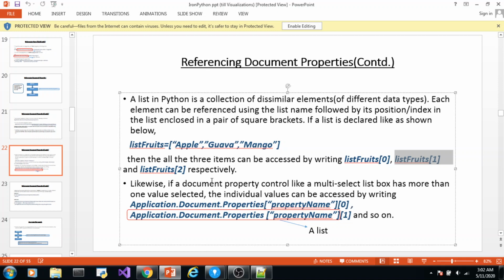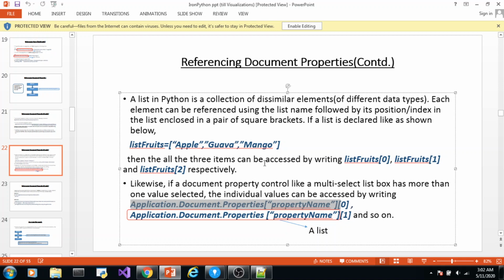Now when you use a multi-select list box control, it also returns a list of values. Now how do you access the values of that list? Name of that list followed by the index. What is the name of the list? This is the name of the list, till here. Just like we have list fruits here, this is the name of the list box control: application.document.properties.property name.